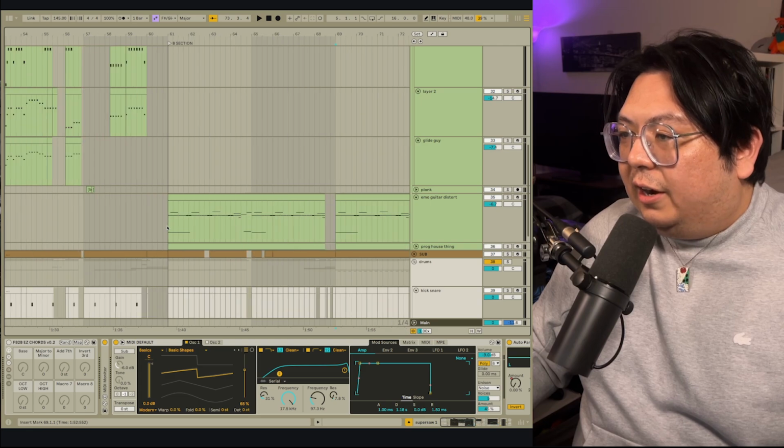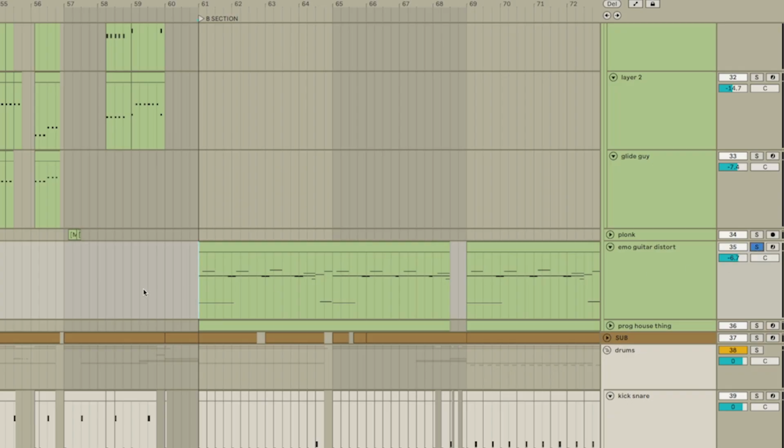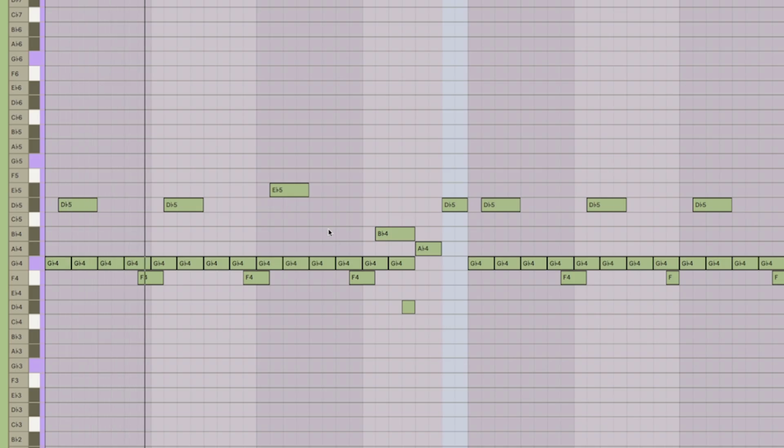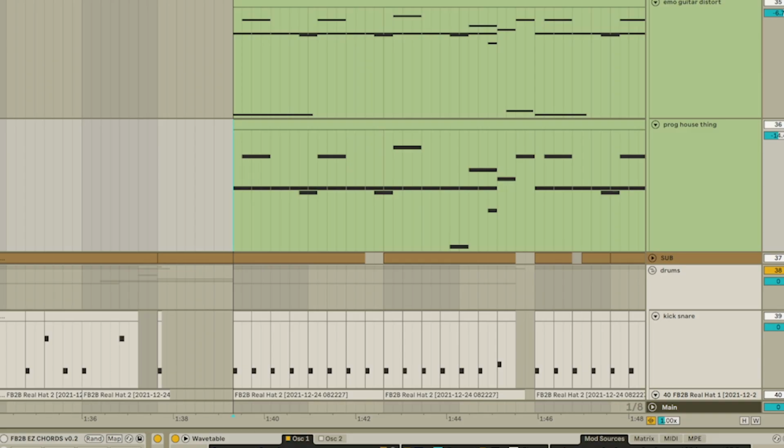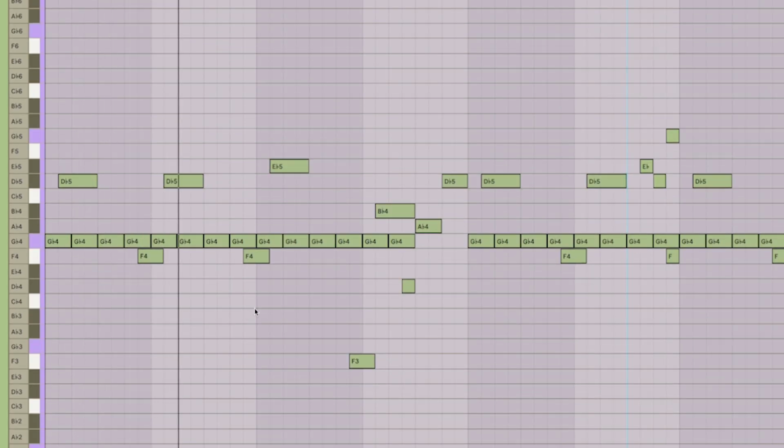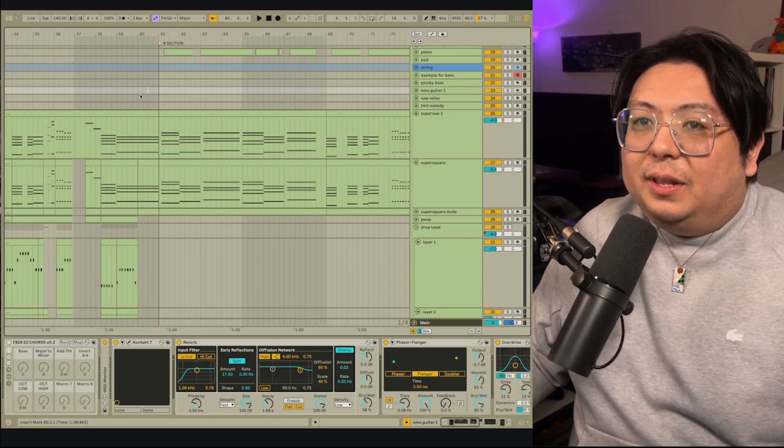Bring in that guitar from the intro, add some distortion on it. Copy that onto another saw wave. And don't cry when I play this because